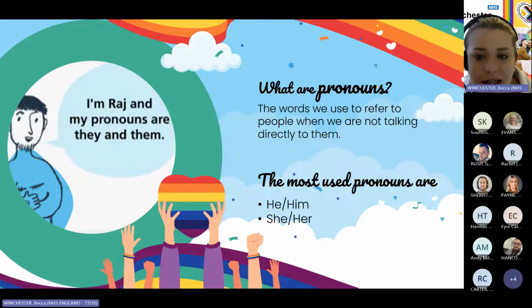And I also really just want to take this opportunity to talk about the term preferred. So you might see in people's email signatures and things like that that they say preferred pronouns, or refer to it as preferred pronouns. But for most people, it's not actually a preference. It's actually just a choice, or it's who they are. So we should stop referring to them as preferred pronouns and just reference them as pronouns. I hope that makes sense.